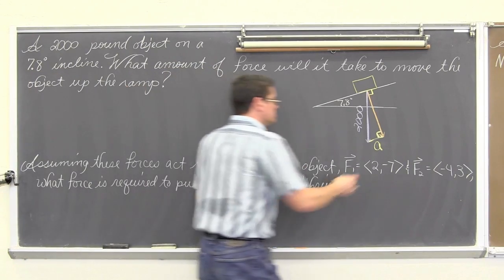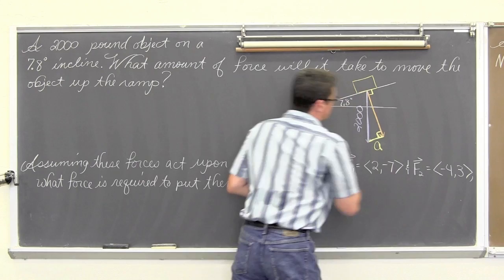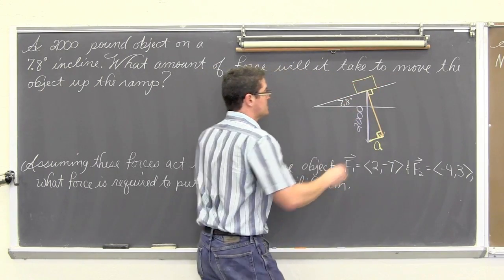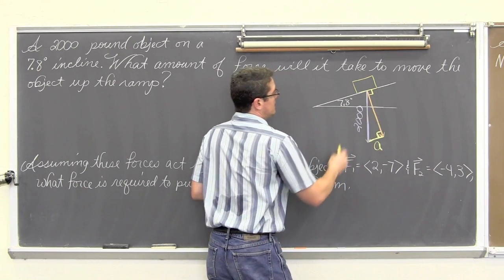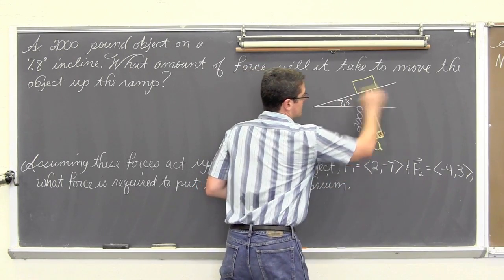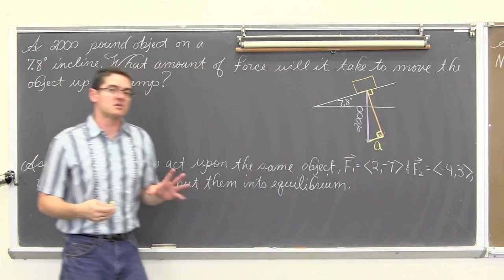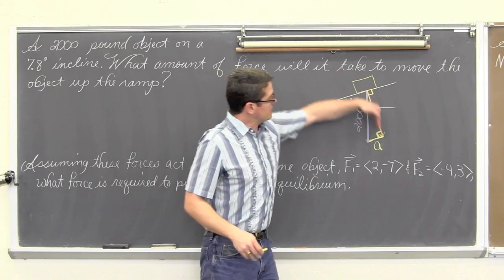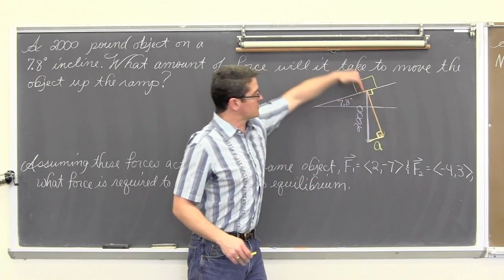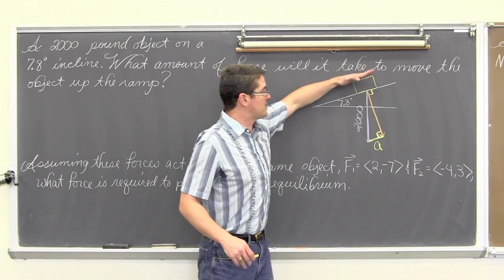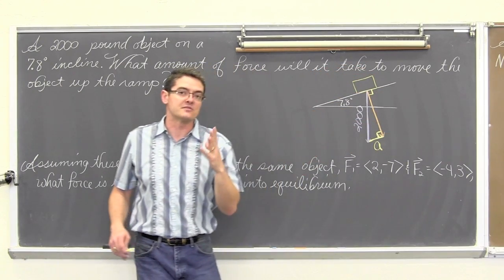That little bit of a length there, that line segment, is parallel to the ramp because I have alternate interior angles. I have a perpendicular angle here, a perpendicular angle here, I have two lines being intersected and so on. So I have a little right triangle in this corner. Vertical, gravity. The force perpendicular to the actual surface of the ramp is the weight the object is literally pressing into the ramp. That's what the ramp is feeling.